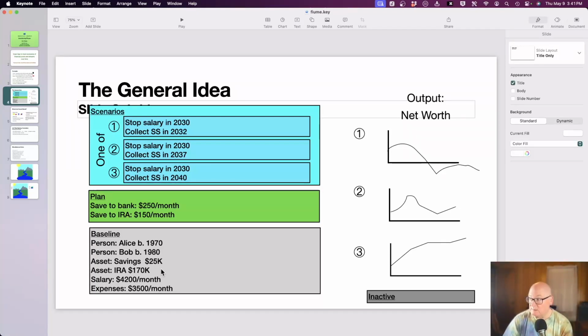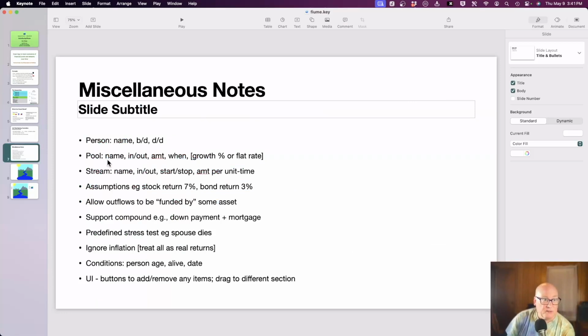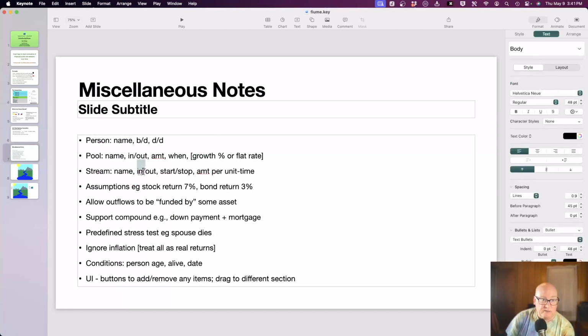Yeah, I mean, I think what we need, and I started laying stuff out before, but I hadn't shown this slide yet. A stream has a name. It's either in or out, but it also has a start and stop.